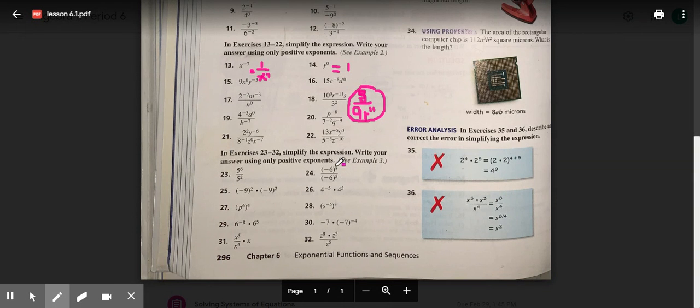Okay, so because we have the 8th degree, okay, that means we're going to multiply it an even amount of times. So this negative will go away. Okay, so negative 6 to the 8th degree is